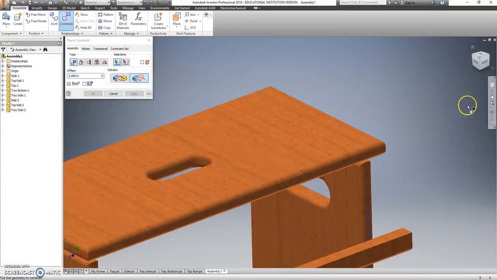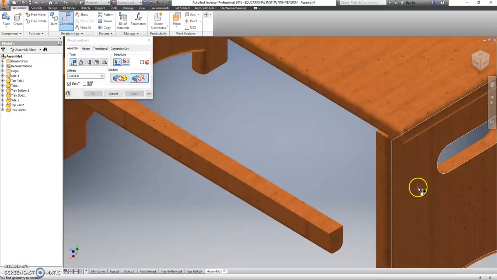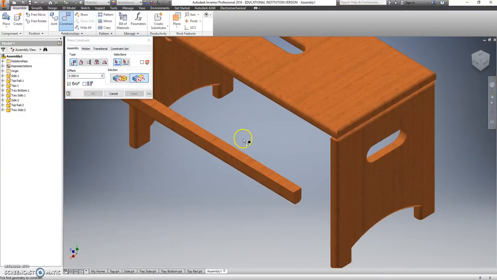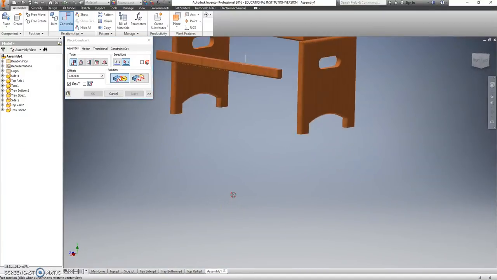Hit apply. At this point I can just grab this corner of my wheel or my cube, and I want this and this to be flush with each other. So that's flush. Hit apply. For my supports here, I want the top of this that's flat to be mated to the underside of this lid. So I hold down Shift, hold down my mouse wheel, move my mouse up,